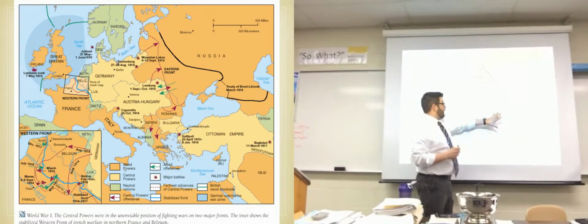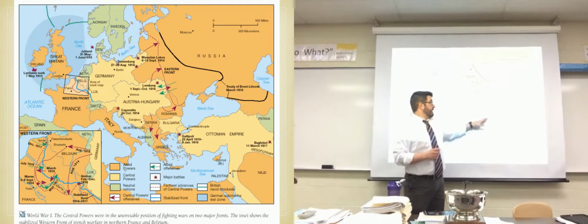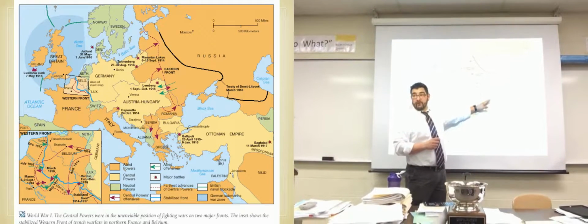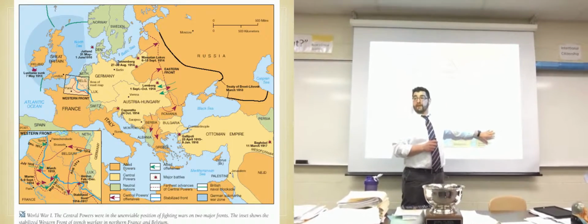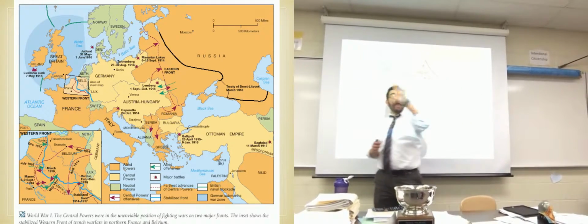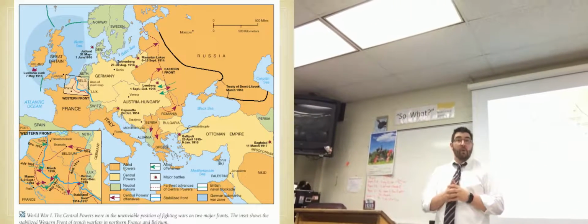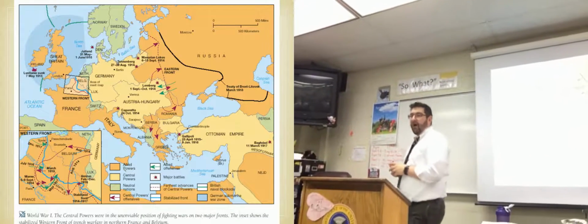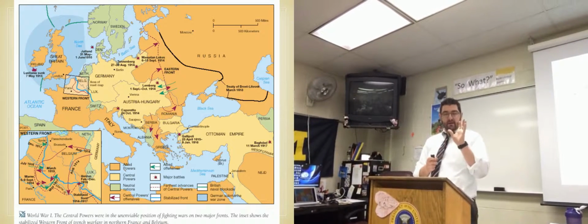Because now they're going to be fighting the British on the straits of the Bosporus and the Dardanelles. And they're going to be fighting the British in the Middle East and the Arabs in the Middle East. And they're going to be fighting the Russians in the Caucasus. Location, location, location means the Ottomans are going to be fighting a three-front war. War does not go very well for the Ottoman Empire, and they will ultimately be defeated along with the Germans